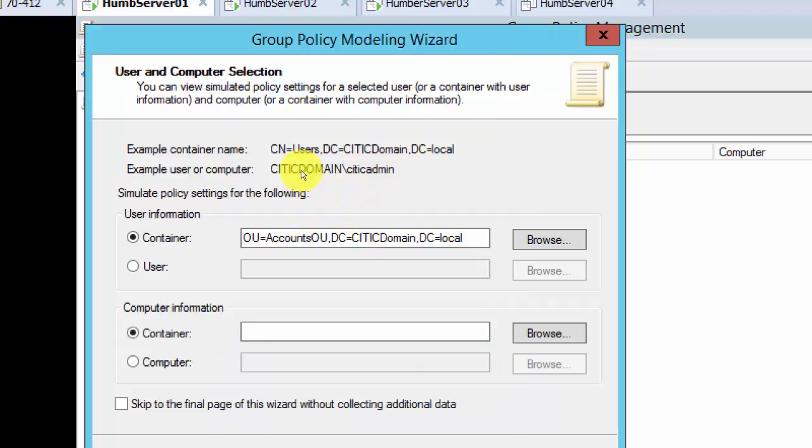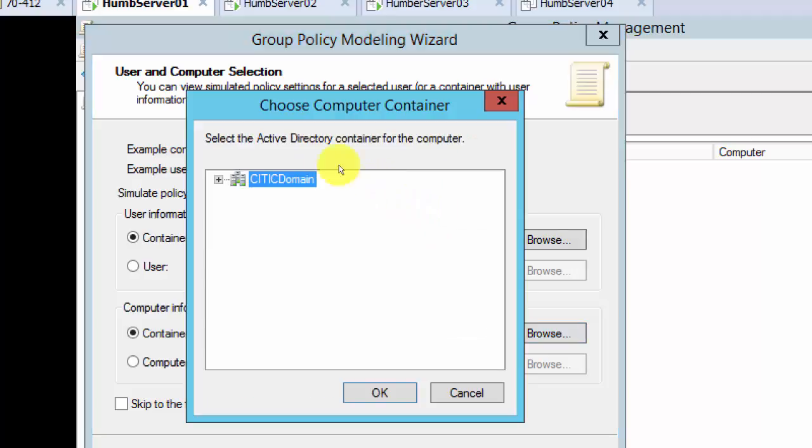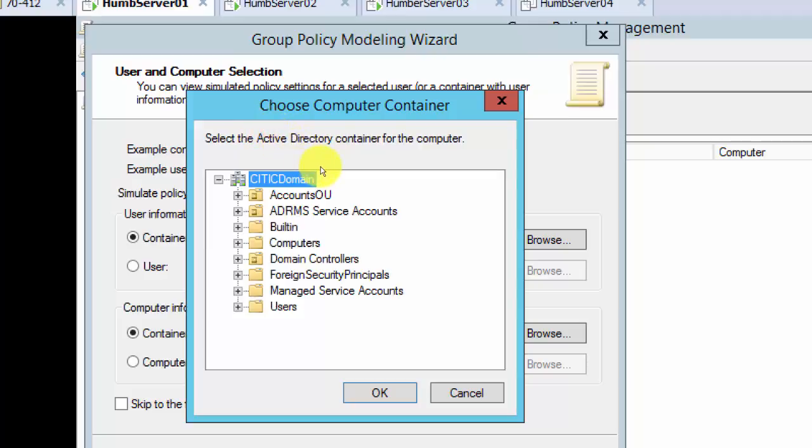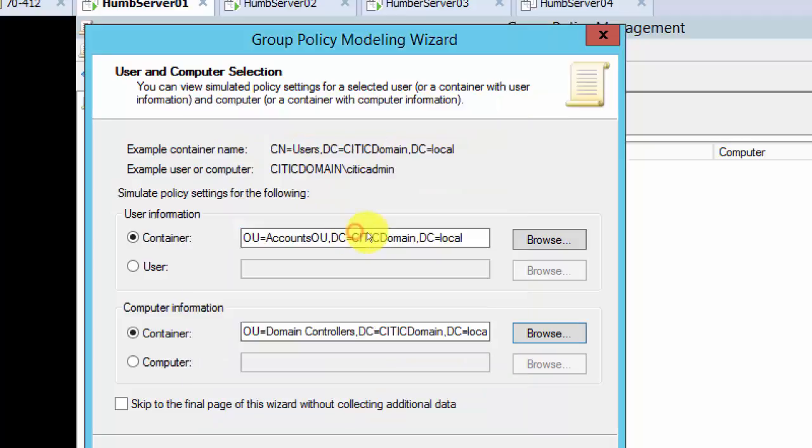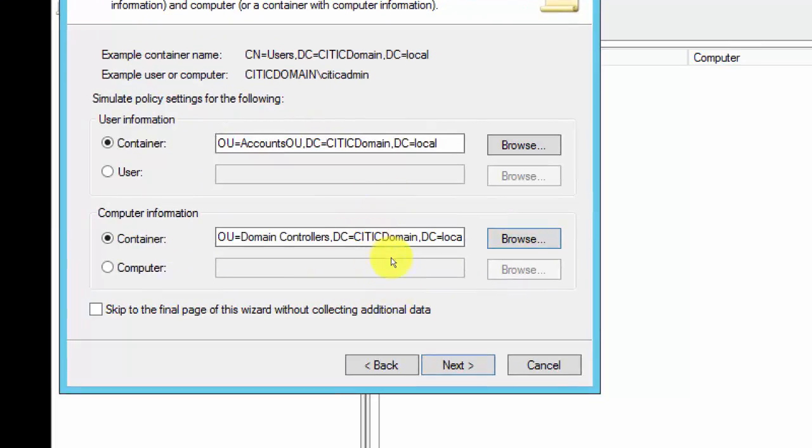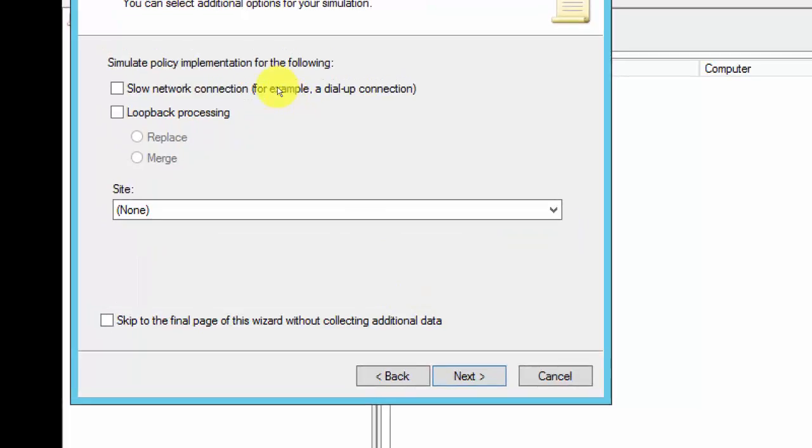And we can do this and we can do that as well, right? So we did not implement anything, but we can have domain controllers where by default the policies are implemented, right? Simulation, we know that nothing will happen, right? Because it's simulation. So the point is this, for computer and user, then go next here, and then there's loopback